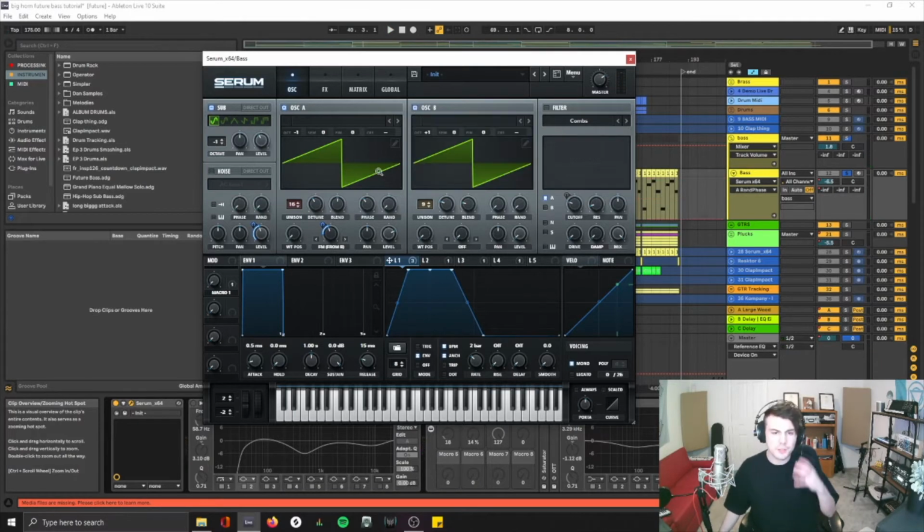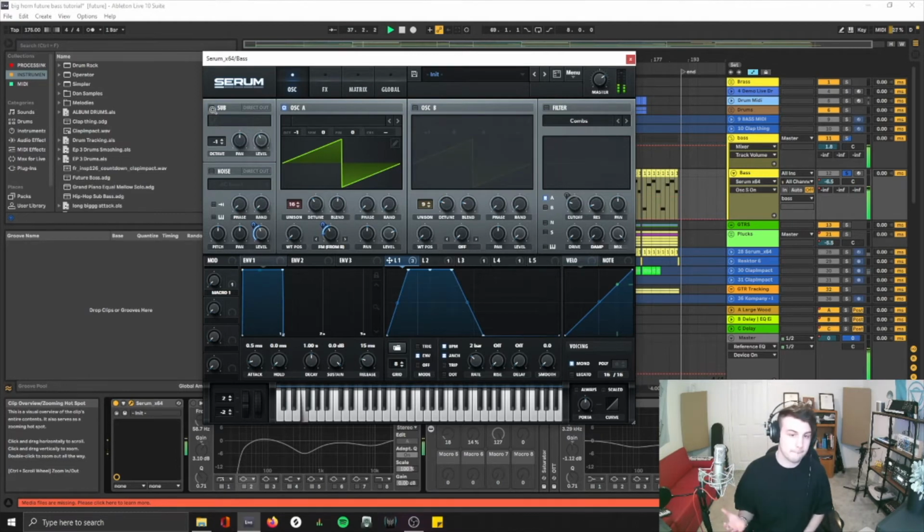Now what that is, is where you get a saw wave and you create multiple voices of that saw wave, and then you detune them against each other. To do that in Serum, there's this unison amount, which is the number of voices. Then you've got the detune next to it, which is how much you want those voices to be detuned. And then you've got the blend, which is the volume of the individual voices. So I've got this set all the way up to 16 voices. Now this oscillator on its own sounds like this,